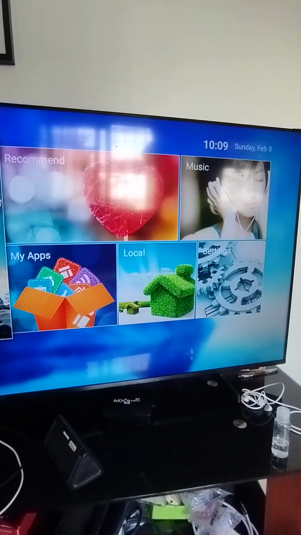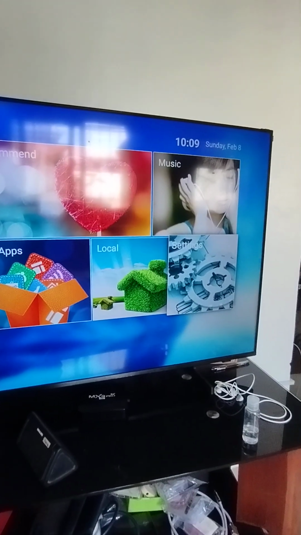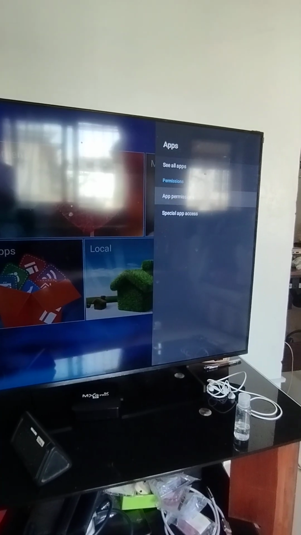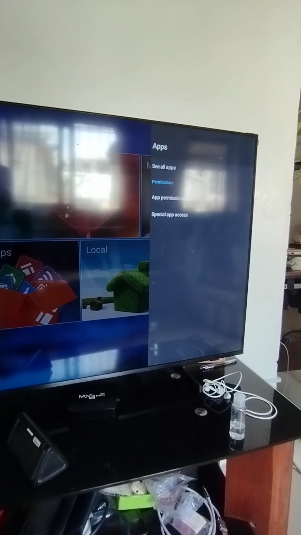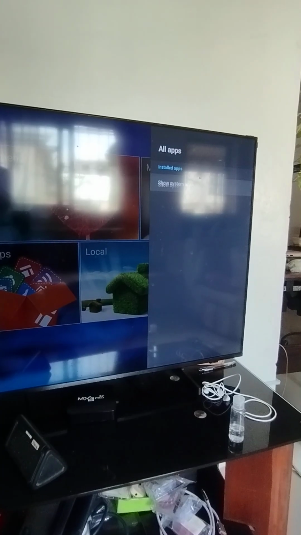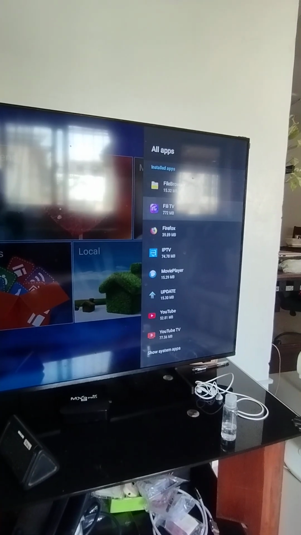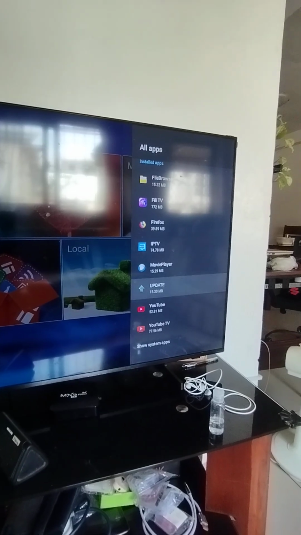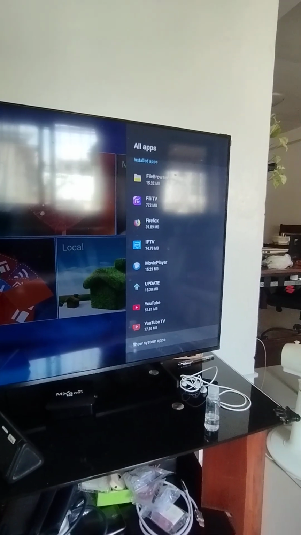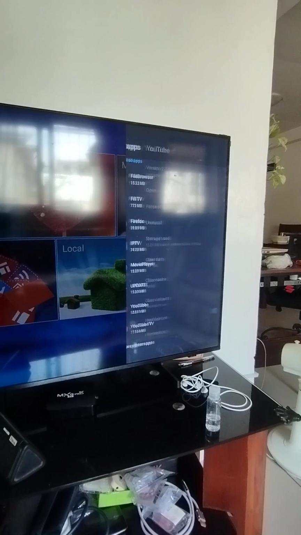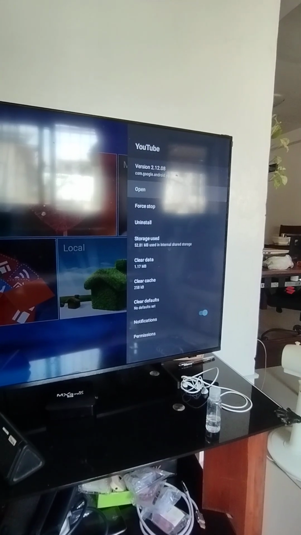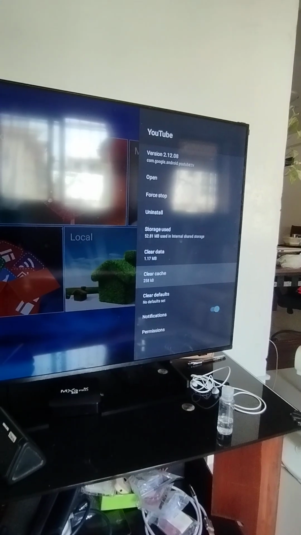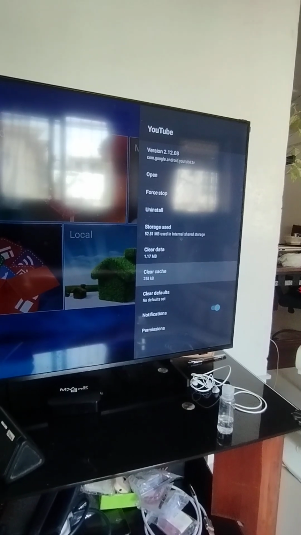So we need to verify that one and check see all apps, and then so YouTube, so cache has been lowered to KB size.